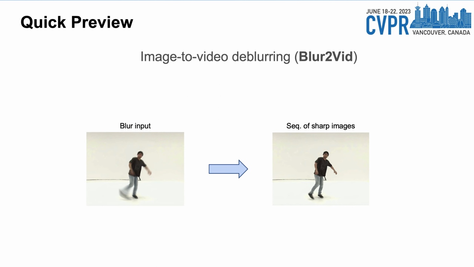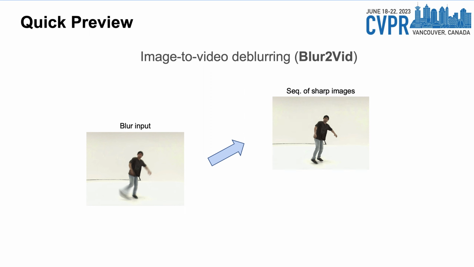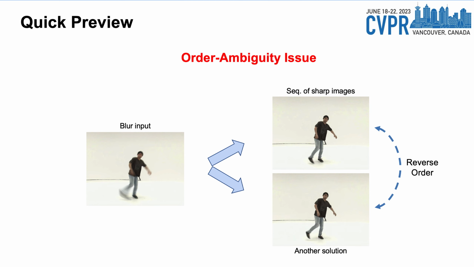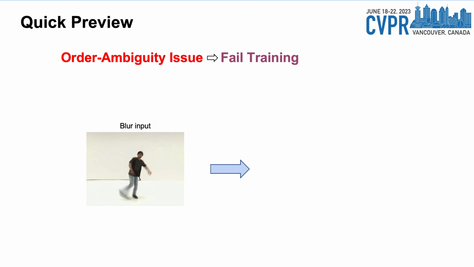Image to video deblurring, or blur to video, aims to recover a sequence of sharp images corresponding to a given blurry image. However, both the forward and backward sequences are plausible solutions. It creates a big issue for this task called order ambiguity, leading to failure in training and generating the incorrect